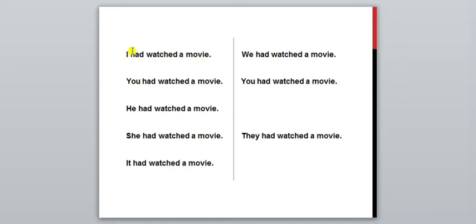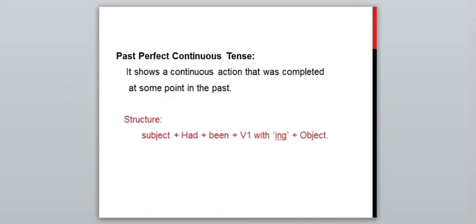Now see, first, I had written a novel. I had written a poem. We had written a poem. You had written a poem. He had written a poem. She had written a poem. They had written a poem. And here we have to change. Instead of written, we have to say it had eaten. What can be there? It had eaten. Okay? In this way, you can make the sentences of the past perfect tense.